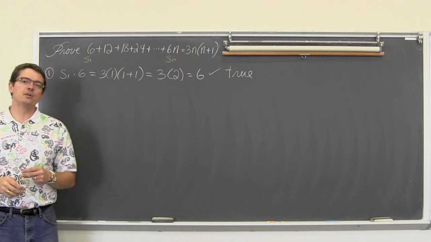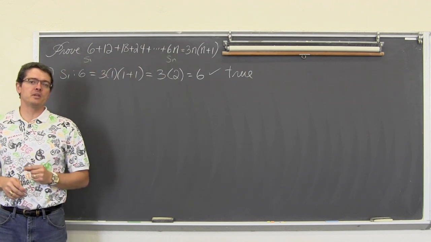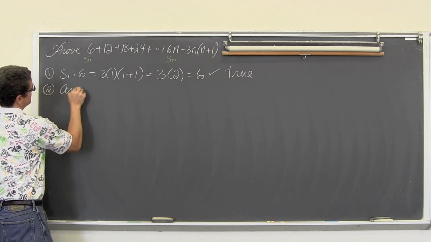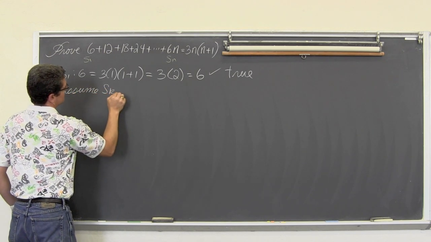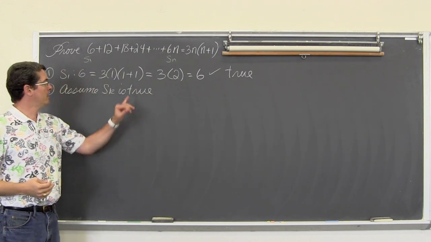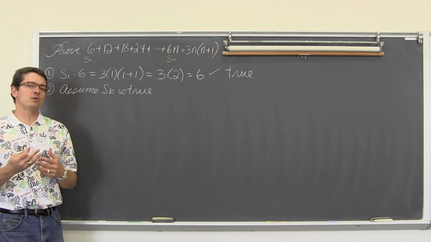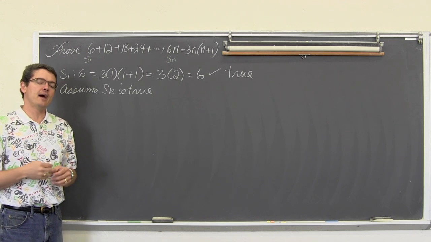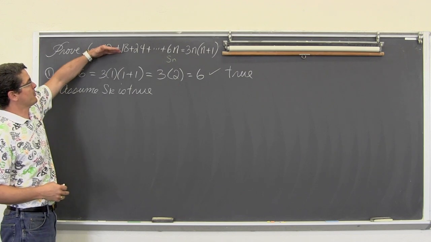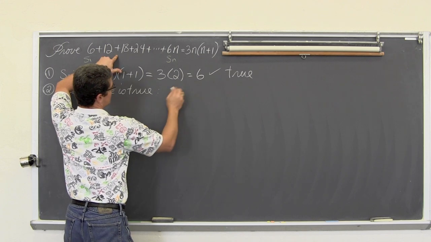The second key component of an induction proof: since this equation worked for one term in the sequence, we're just going to assume that it's true. So we're going to assume that S sub k is true. We're going to take the n out and replace it with k. It's kind of a formality for proofs. Kind of just think you're not allowed to use a word in the definition of that word. We're trying to prove this, so we can't actually use that in our proof. So we're going to assume that this is true, but we're going to take the n out and replace it with k.